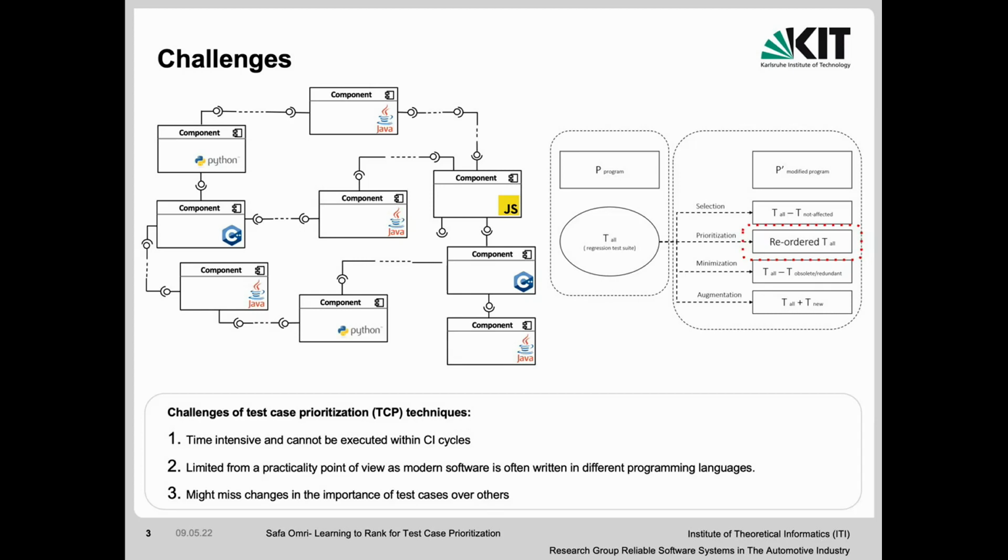However, existing prioritization techniques require gathering code coverage data or performing static analysis, making such techniques time-intensive and unable to be executed within CI cycles, and limited from a practicality point of view as modern software is often written in different